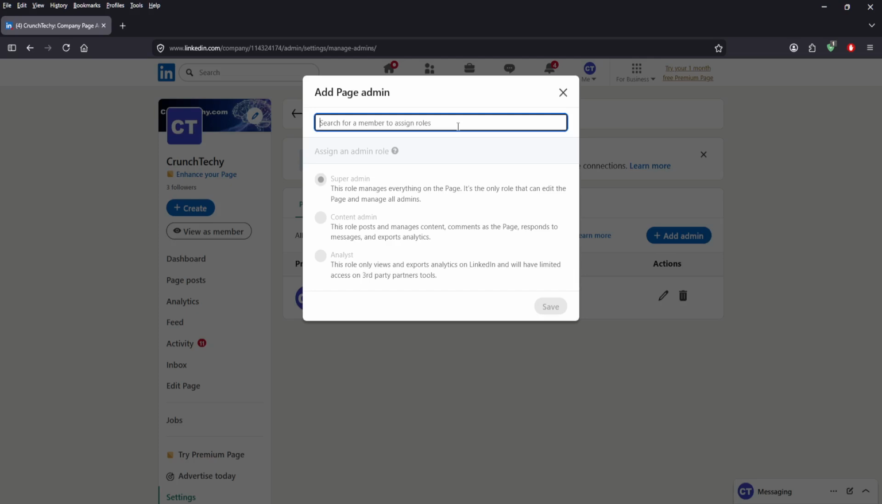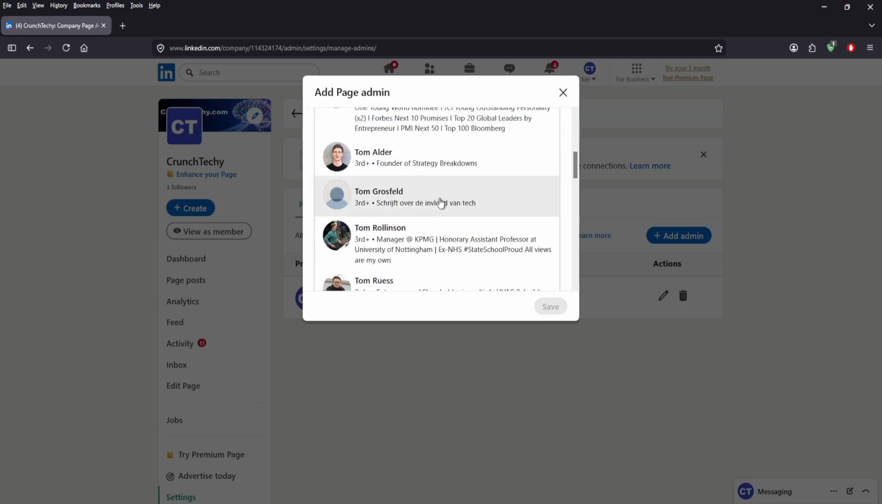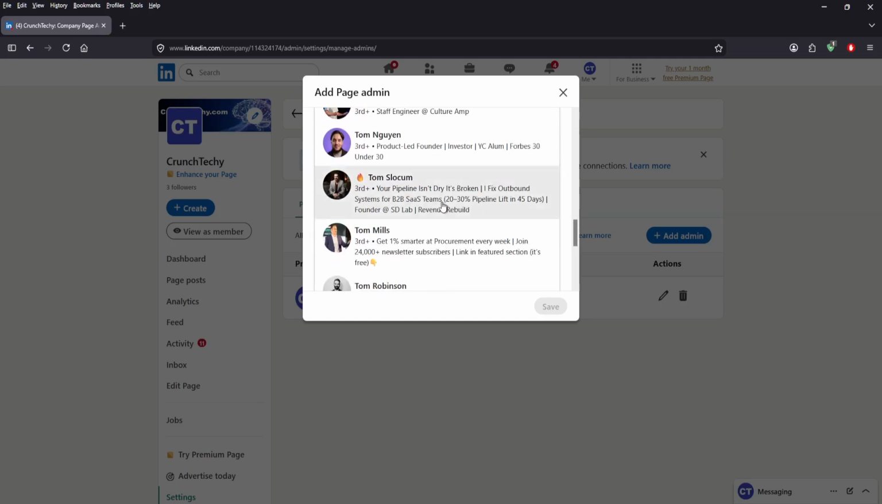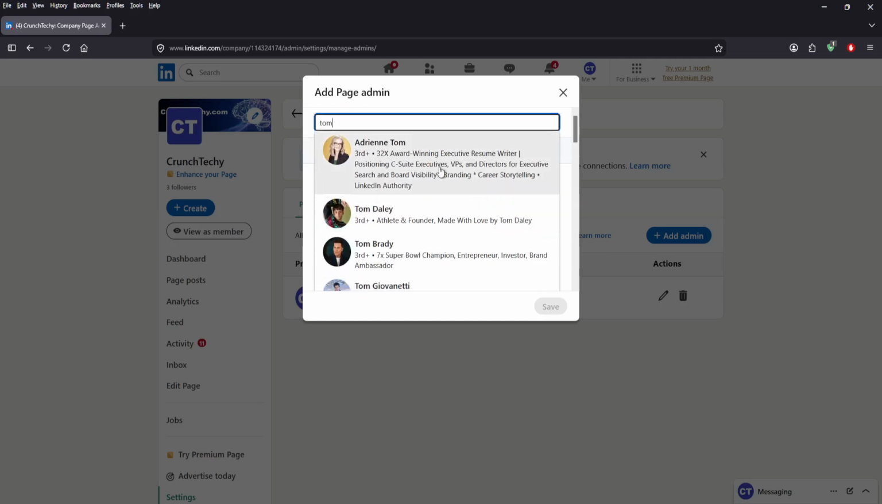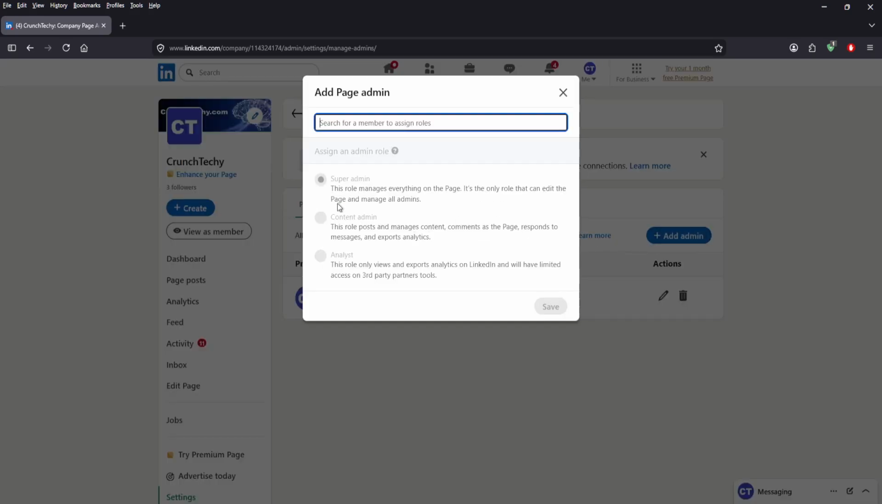So, for example, I'll just put anything, like Tom, for example. So you have to find which person is your staff, and then you must select the person. Select the person, and then assign them a role according to whether it is a super admin, which manages everything on